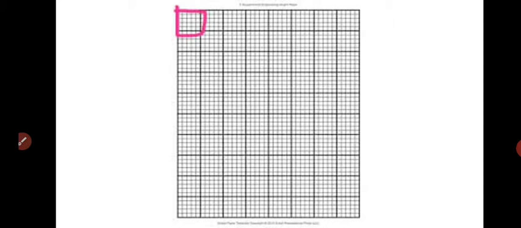First, as you can see, there is one big black box. Inside that there are small five boxes. I have shown one of the boxes with a pink color on a graph paper. You can count the number of small boxes inside that box. The small boxes are 5. So this is one type of graph paper where in one big black box we have 5 small boxes.